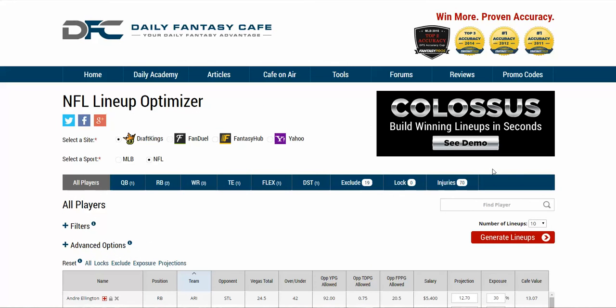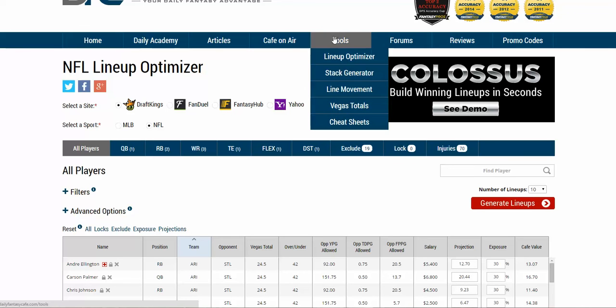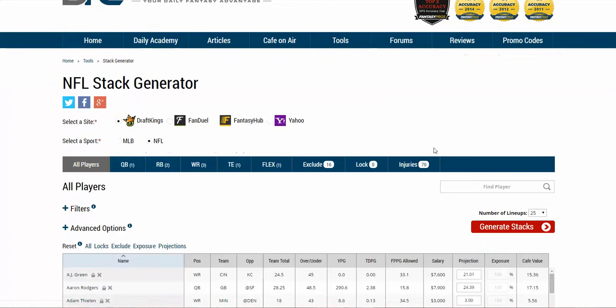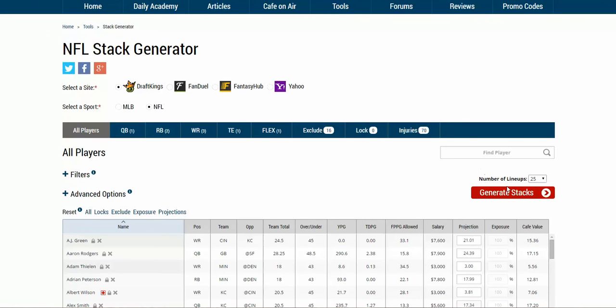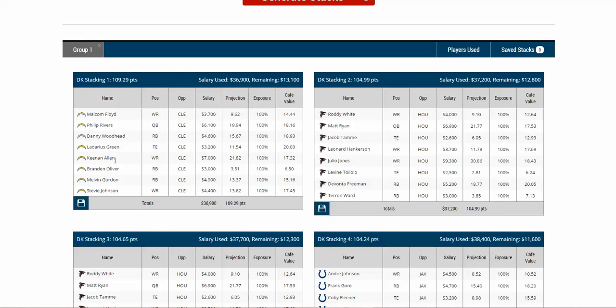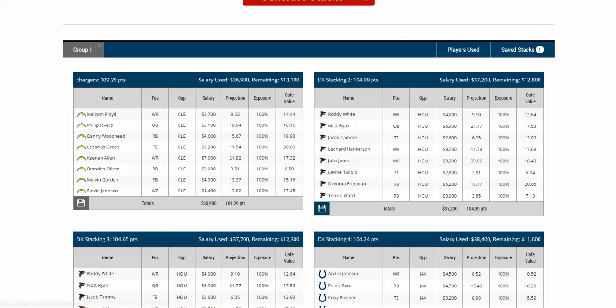So that's the basic introduction to Colossus. We spoke about the stack generator, and you can find that in the dropdown. You click on stack generator, and I'm just going to show you briefly how this works when you save it and import it, because we're going to have another demo for the stack generator, another video demo. So I'm going to generate stacks. Right now it looks like I have it set to an 8-player stack. I'm going to name that stack Chargers, and I'm going to save it,